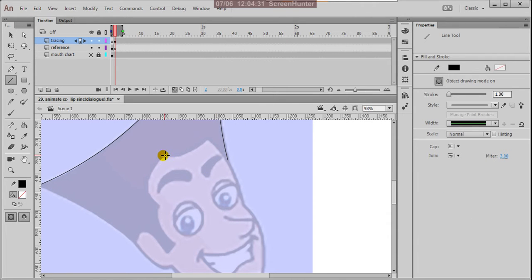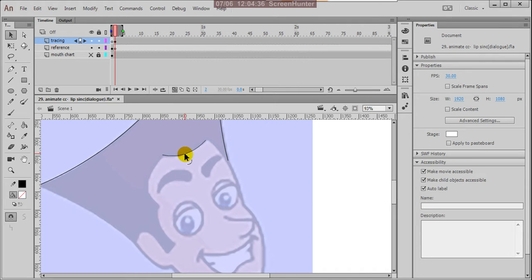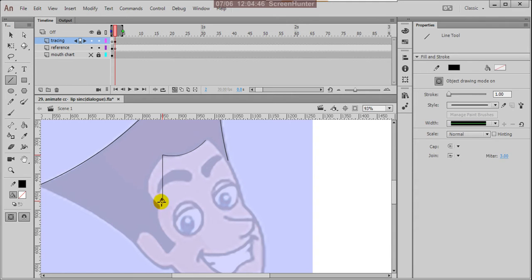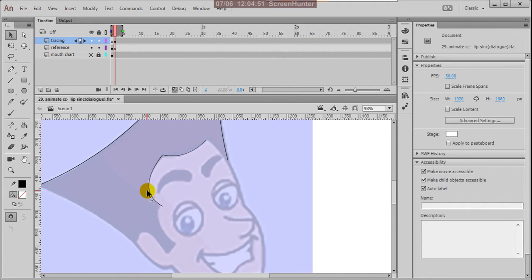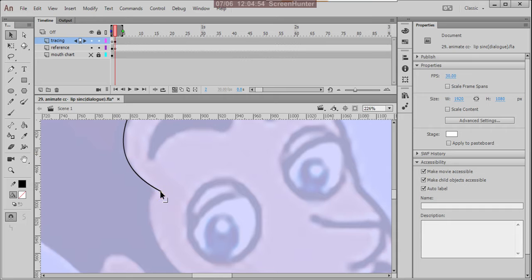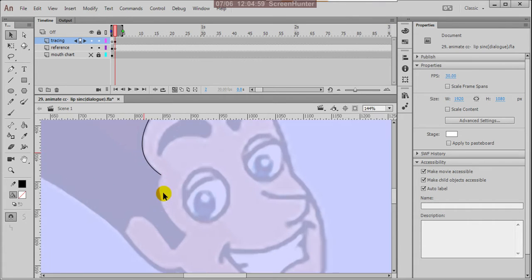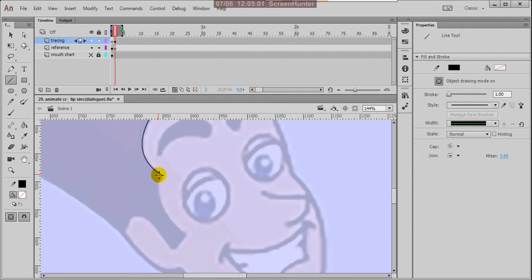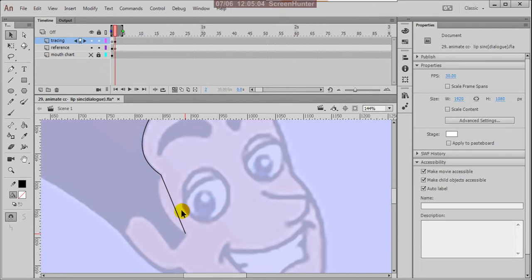N for line, and for changing shape to line, use V. So quickly I am using N and V. N for the line tool, V for the selection tool.